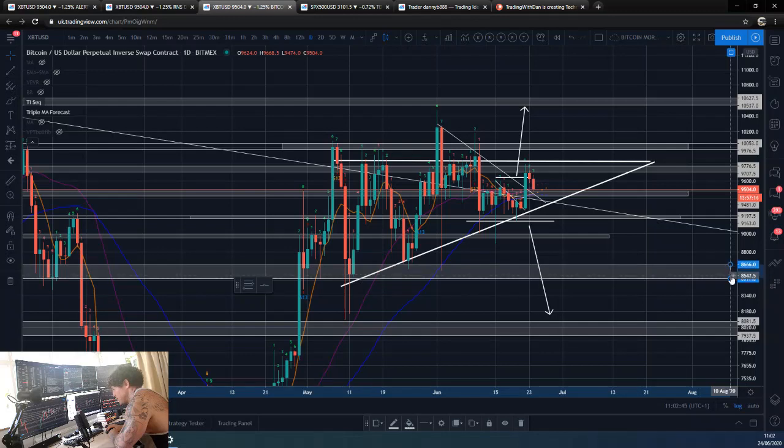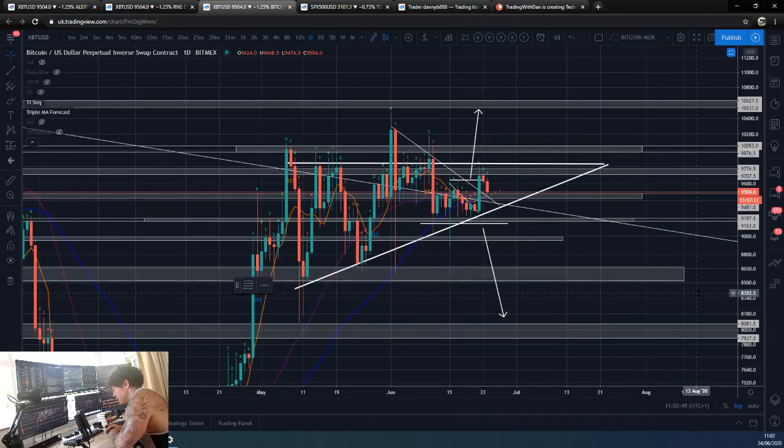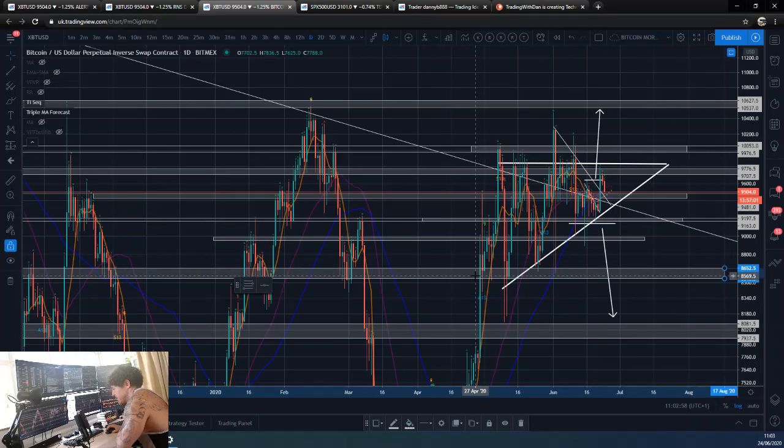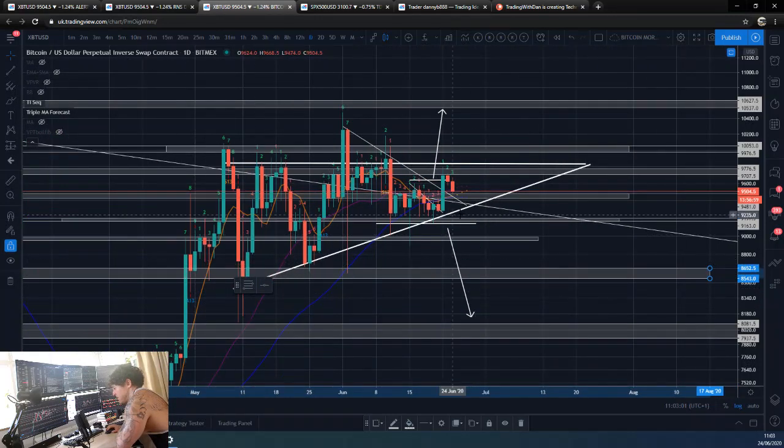So we've got this support area here that we're looking at. This is at 8,600. I don't want to leave it on that number. So around here, let's lock this now. We've got this support zone, which is a pretty good support zone. So we could just bust this triangle on a big fake out, like a big pattern fake out on the macro time frames, even though we are still going to go bullish, presuming we still go bullish, and get a lot of people out of the market, panicking, selling, then maybe even wicks below. Anyway, I'm too many moves ahead now.